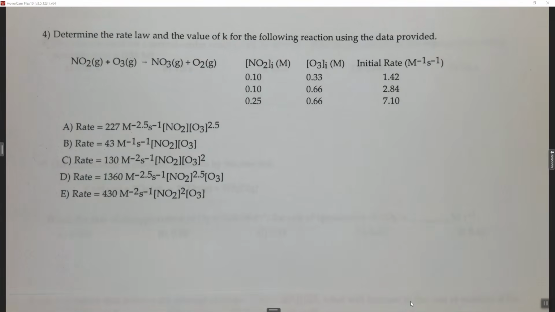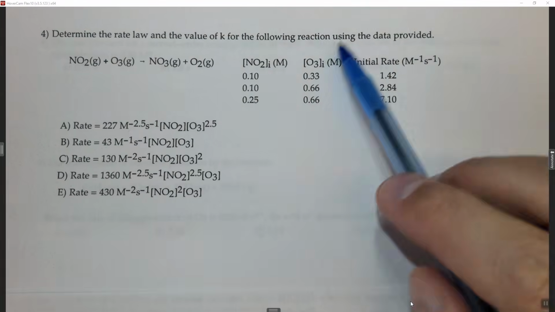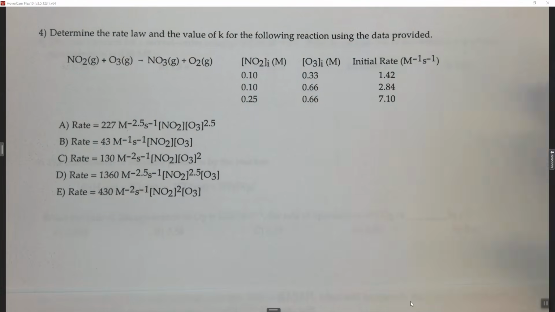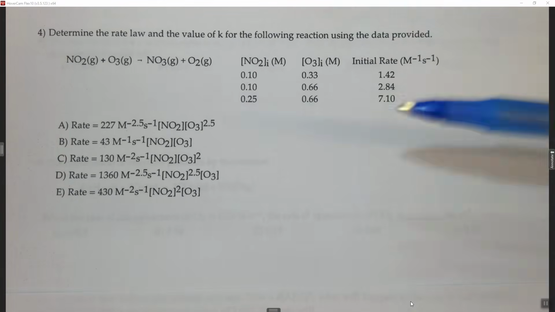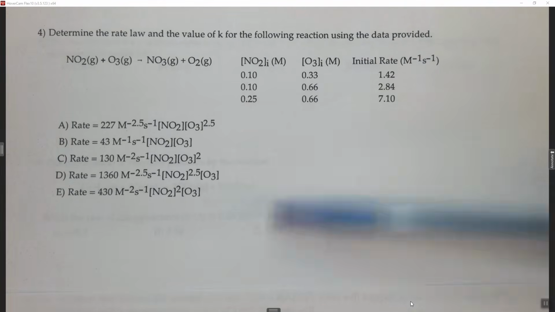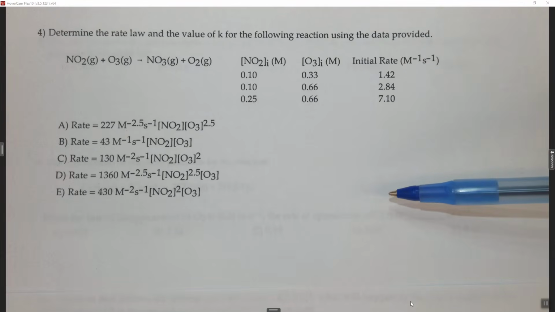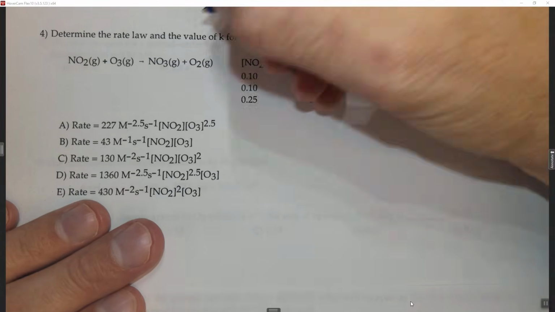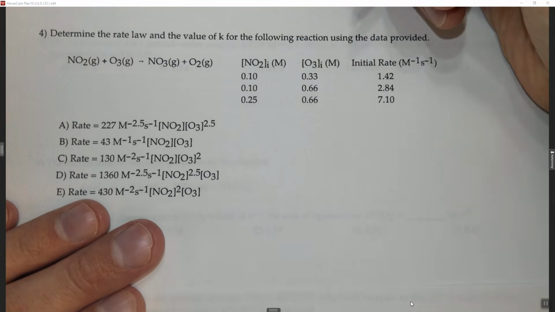All right, so this question is a lot of work. It says, determine the rate law and the value of K for the following reaction using the data provided. Now, this is just one example. There's a similar example in the randomized online homework. It's really important that you practice this because there's a lot of steps and it's really easy to get confused and miss something, okay? So remember, like we talked about in the previous question, the reaction orders are empirically determined,